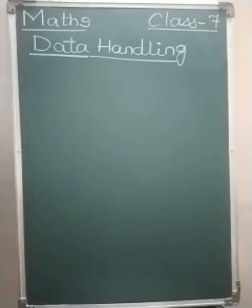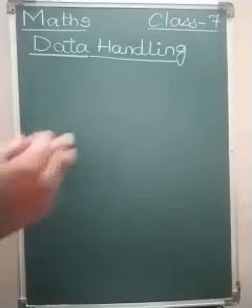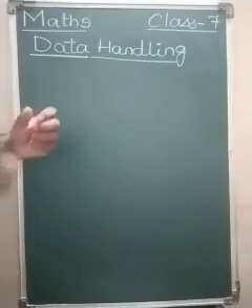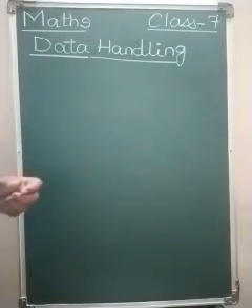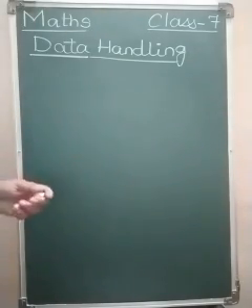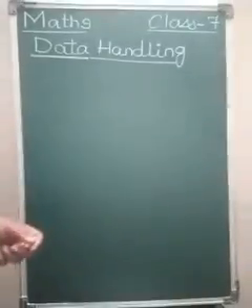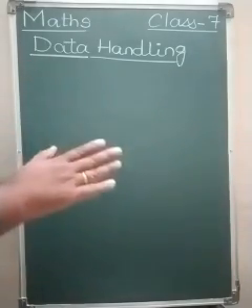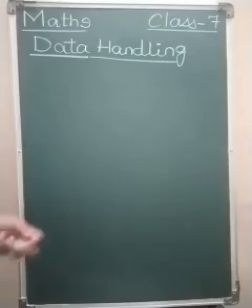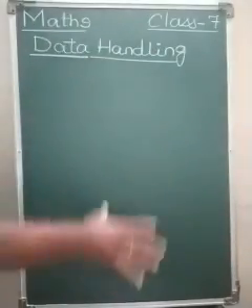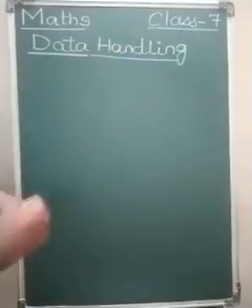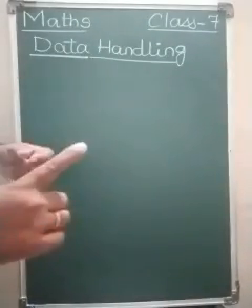So data handling. What is meant by data handling? When you collect the information of the students, and you arrange it in a given format or in an organized way, that is called data handling. Now when we are doing data handling, there are steps. You have learnt these steps in the 6th standard. First of all, the data is never in an organized form. So first we have to collect the data, and this is the first step of data handling.